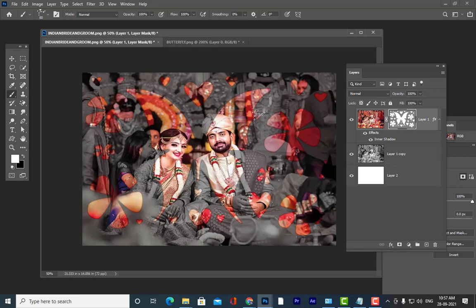See here, can you see this? So I can make this more interesting by using these shapes. See here, I can make it more interesting here.